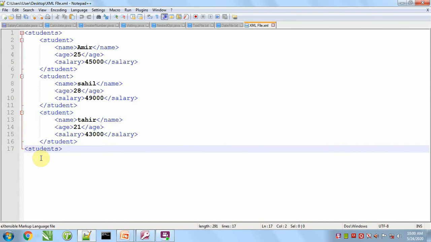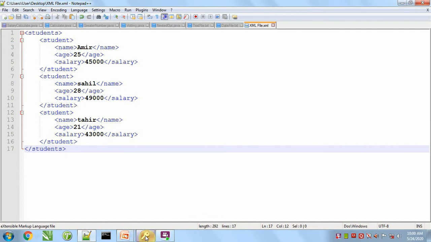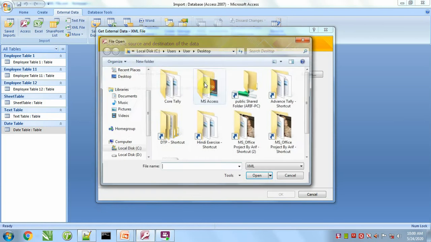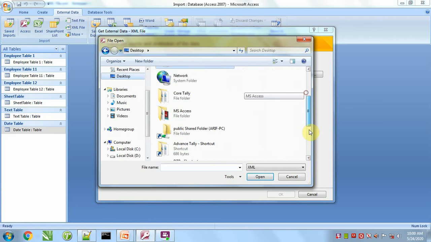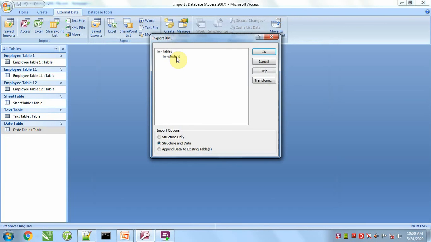It was left open by mistake, so we have to close it, and save again. Now it's okay.